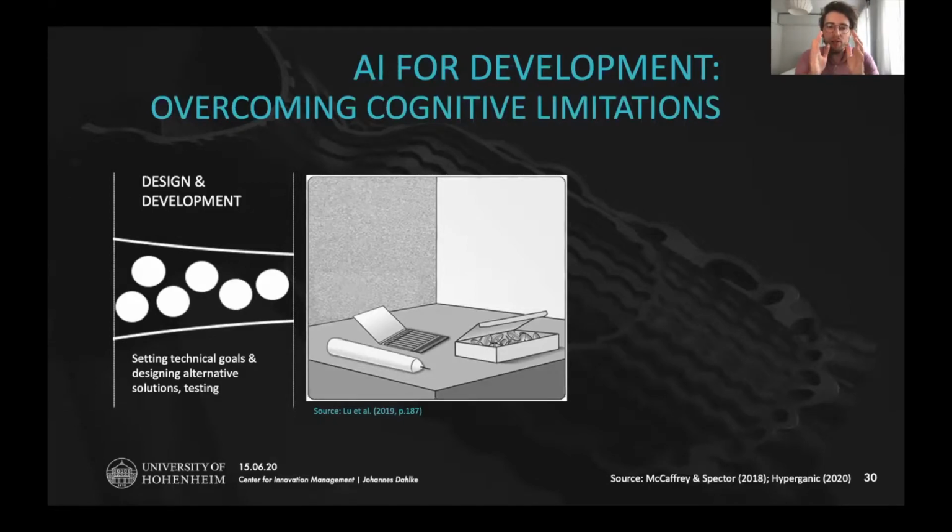I would like to illustrate why AI is valuable here by showing you this thought experiment that you can see in the middle here. It's called the Duncker candle problem. And in this problem, you have the task, so feel free to think along here, to fix and light the candle to the wall you see on the left, which is a cardboard wall. And the materials you have are quite limited. So you have the candle, you have a stripe of matches, and you have a box of tacks that you can see there.